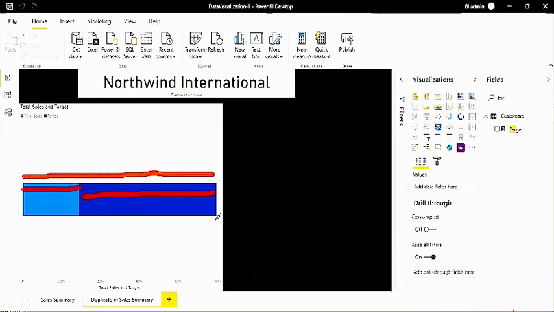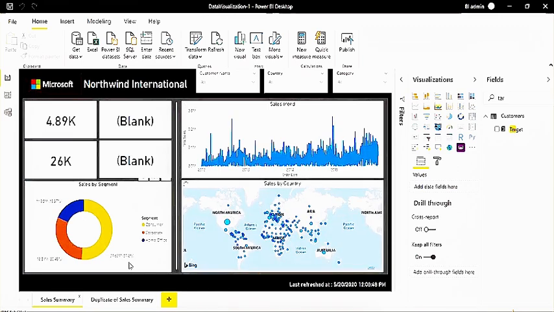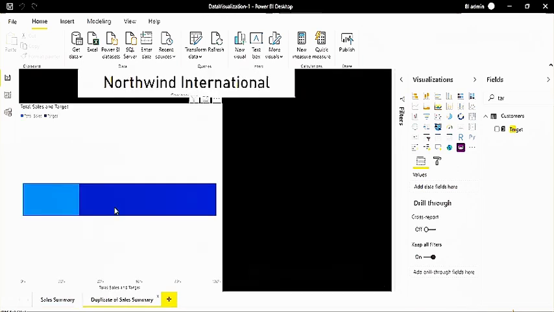Okay. Now what's the problem with it? Using this hard-coded value, you can display the data. But if somebody says, okay, this is just total target versus total actual, that's fine. You can do it by just putting a hard-coded value here. But if now I want to see what was the target for category, let's say category wise target, I have 3 categories: consumer, corporate, home office. So what was the target of these different categories and how much you have achieved? It means this actual versus target, I want to see category wise.